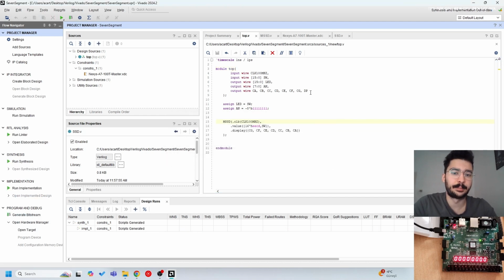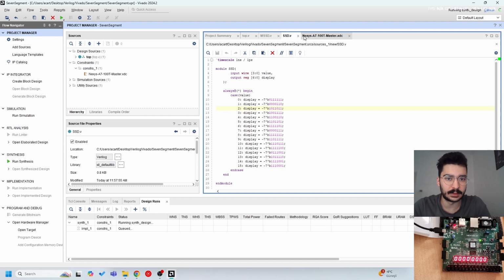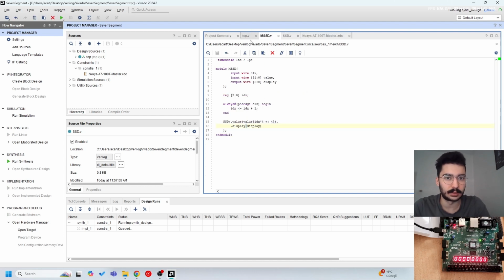Let's generate the bitstream. Now, to be honest with you, I don't expect this to work. And the reason is not that I have done anything wrong with the code. The idea is right. The multiplexing idea works. It's used in many ways. Whenever you see an LED matrix, there's probably multiplexing. And the code that I wrote is also correct. But